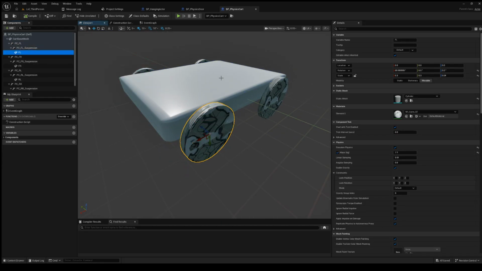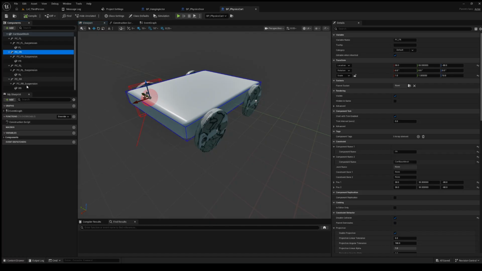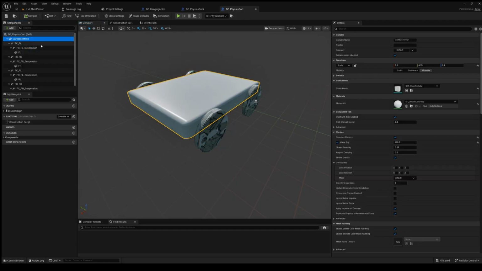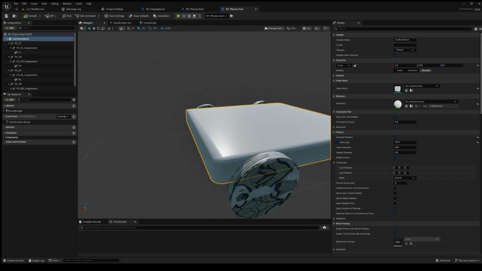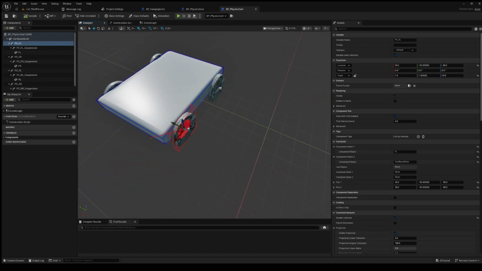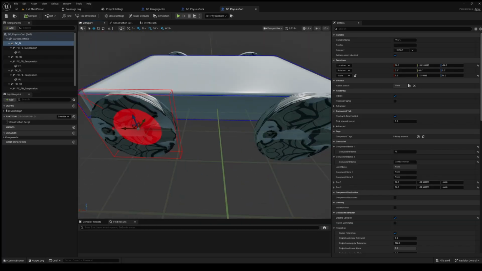Then I've got the wheel mesh. So basically, just ignore all of these components for now. Let's just discuss these four components. This is the frame, and yes, it is simulating physics as well. And then we have a physics constraint component, which helps this